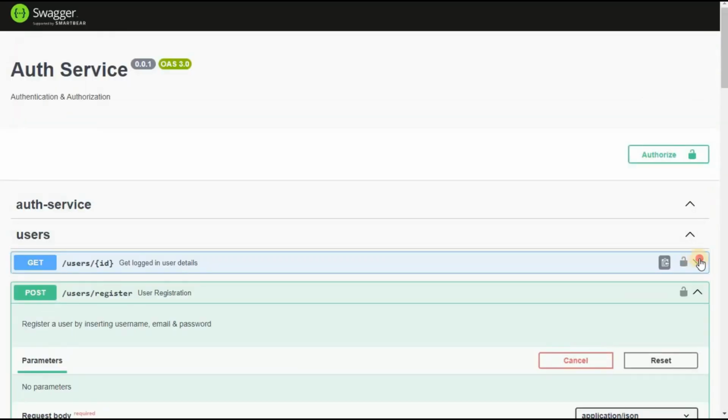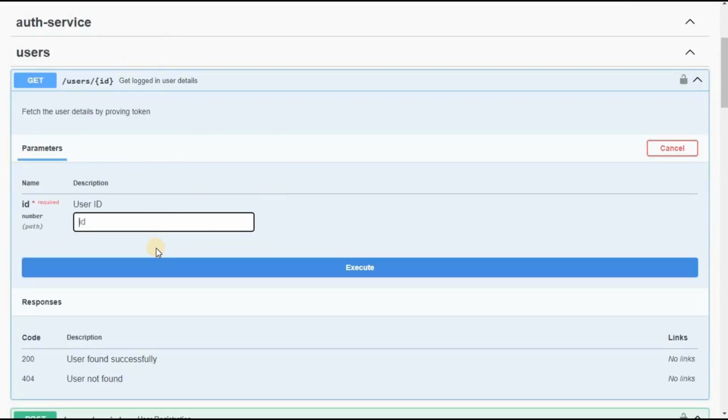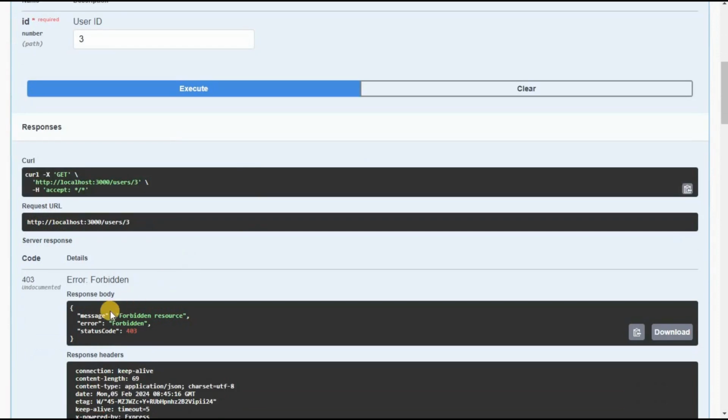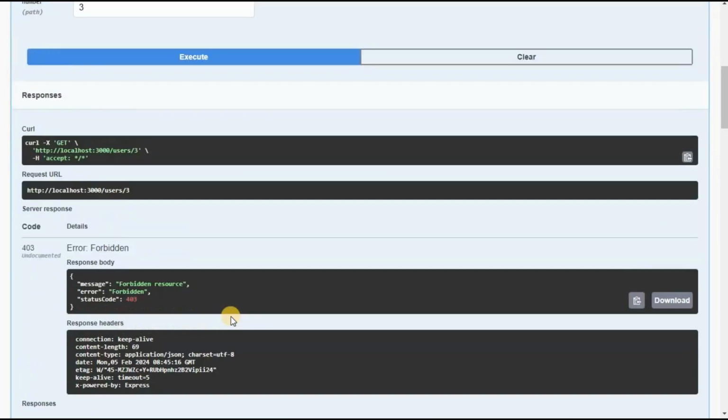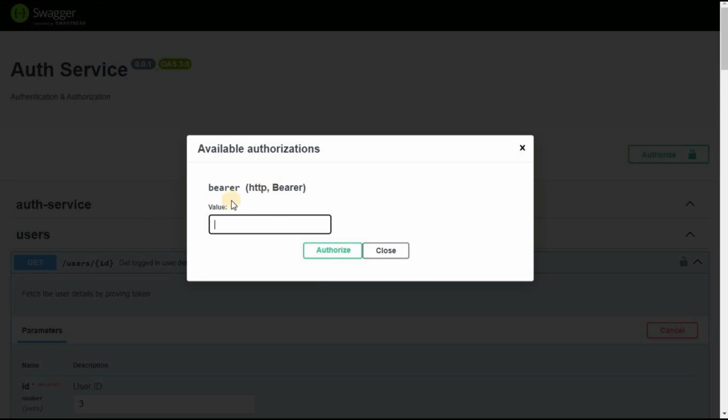Now, if I want to fetch this user's details by providing the ID, you can see it's 403 forbidden, or it's unauthorized. So you can see here we have this authorize button, and we have to provide the token here, and we have to authorize. It's just like logging in to the system